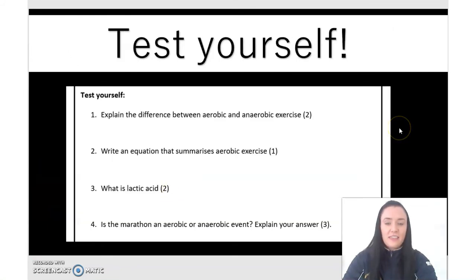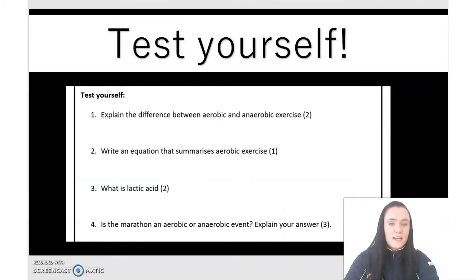Okay, and the last section of the lesson today, we're of course going to test ourselves and make sure that our knowledge is as good as it can possibly be. So I've created some short exam style questions here just to get you in that way of thinking. You can see at the end of each question, it's got a number in the brackets, and that number represents how many marks are available for that question. So quick maths, 7, 8. So we've got 8 marks available